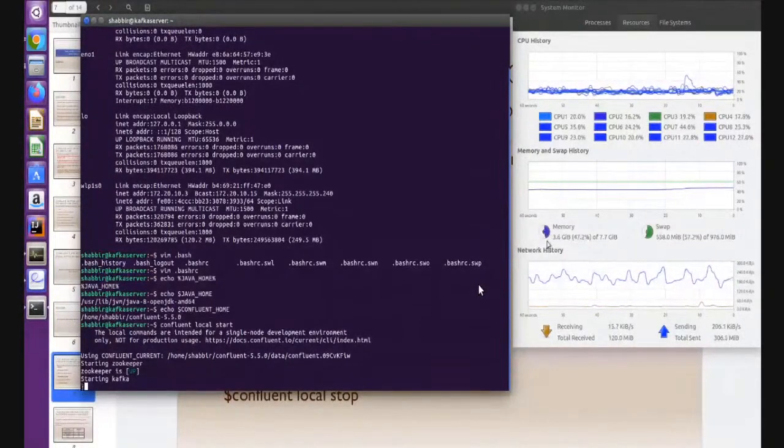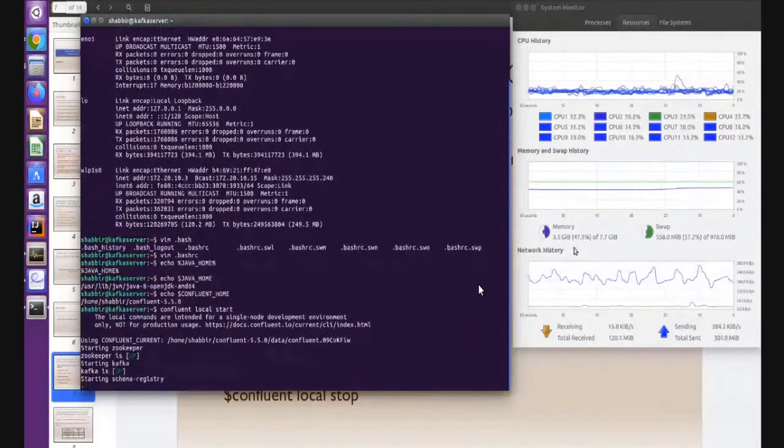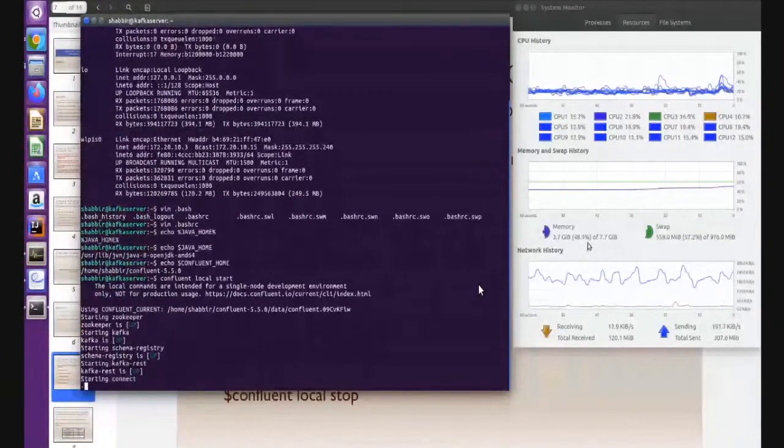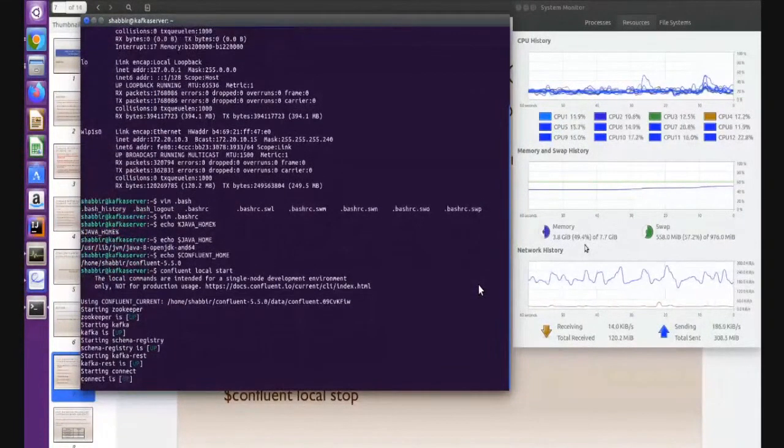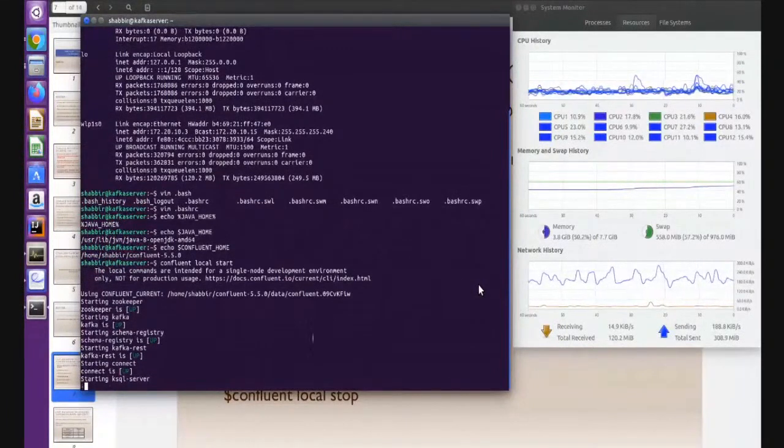You can also see the memory utilization increasing. It is at 48.3%, it will go up to 90%, and at one moment it may hang.